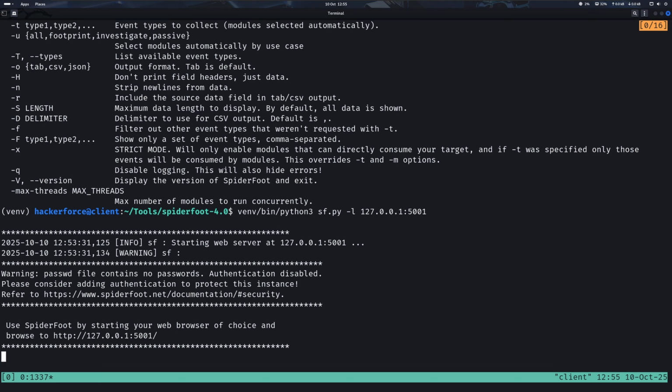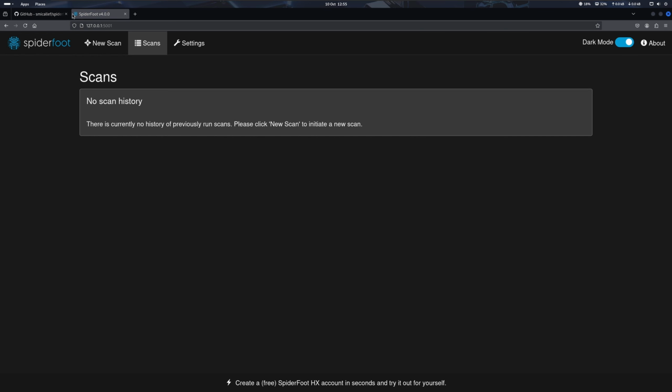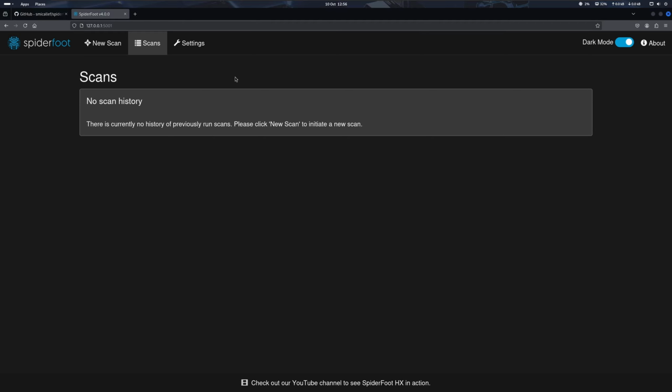Now, to actually get this running, we'll just copy this IP address here. And essentially we will need to paste it into our browser. And once we do so, we will be redirected to SpiderFoot. And this is where we will be running SpiderFoot from. We can start a new scan. We can navigate to settings. You can also switch between light mode or dark mode. But before we actually take a look at all of these options and all of the functionality that SpiderFoot provides,